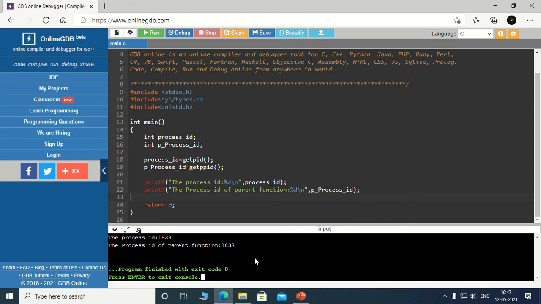So you can see over here, in the previous video we saw that there were two hello world messages, but one of the hello world messages was because of the parent process and another was because of the child process. But just by observing the text, which looks similar, we cannot differentiate between the child process and the parent process. And here, by using the functions getpid and get parent process ID, we are now differentiating between the processes, that is, which is the child process and which is the parent process.